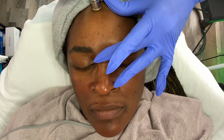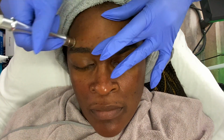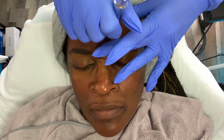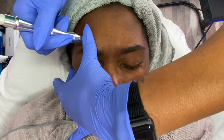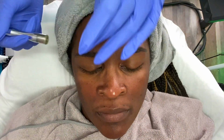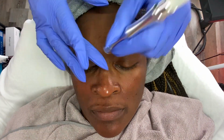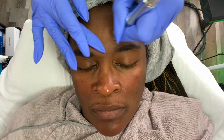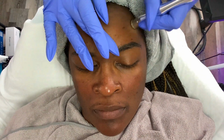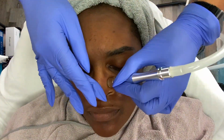I did use alcohol to degrease her skin before beginning the microderm. The microderm treatment is pretty simple. Just make sure that you hold the skin taut, especially in areas where there may be more fatty tissue or looser skin. Depending on the age of your client and the elasticity, you definitely want to hold the skin taut so you don't hear any loud whistling or skipping noises coming from your microderm,